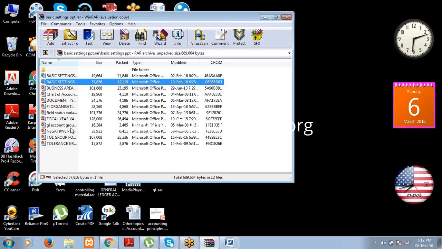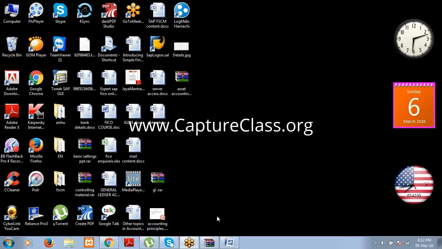Here, our module is FICO. In FICO, first we start with FI. Then once FI is over, we start controlling. The main purpose of finance, FI means financial accounting, right? The main purpose of this financial accounting component is to prepare the financial statements according to the legal requirements of the country in which we are doing business. That is the main purpose of financial accounting. So from the viewpoint of preparing the financial statements,